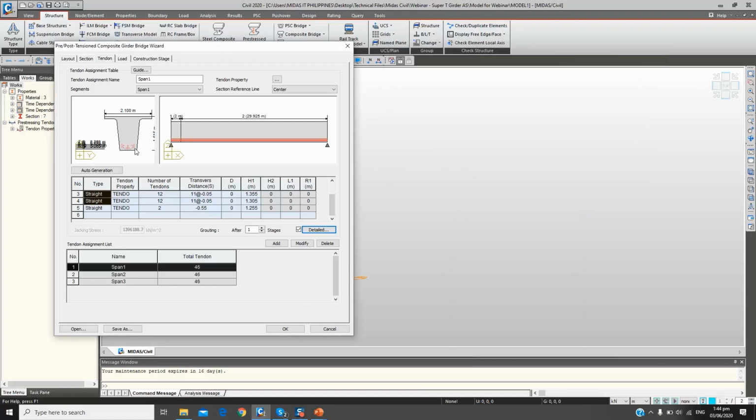So what you actually see here in the drawing is the extreme member of span 1. So if you click on span 2, you can see here the tendons that are being pre-stressed on the second span and for the third span as well. So these are all first elements of every span. So the next